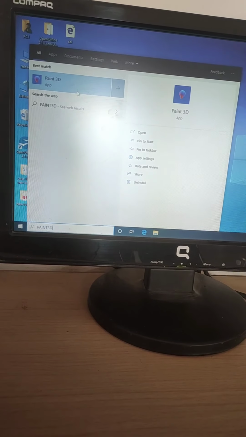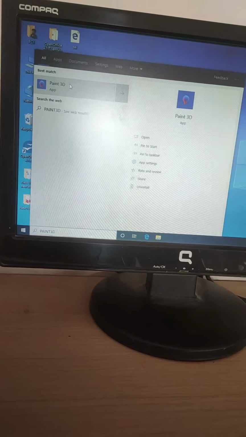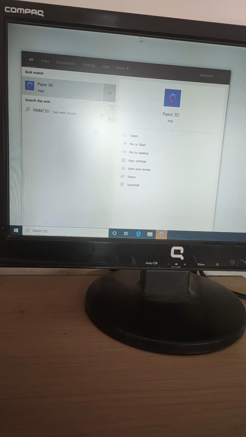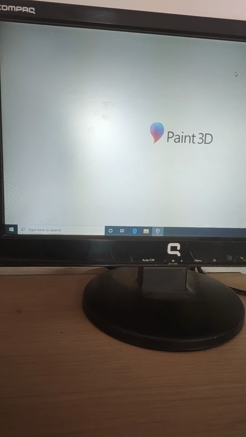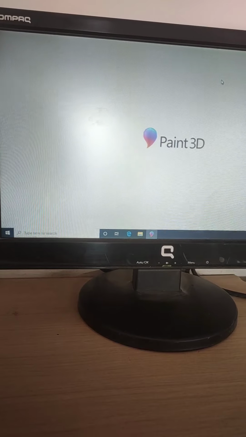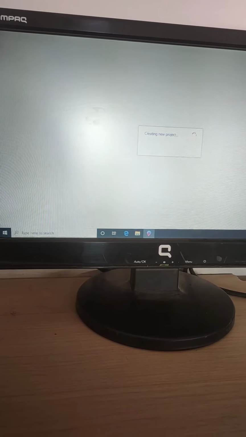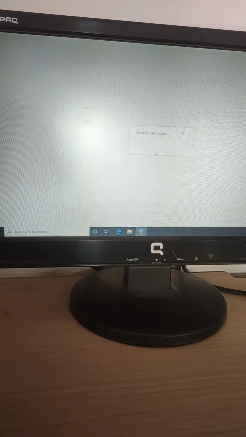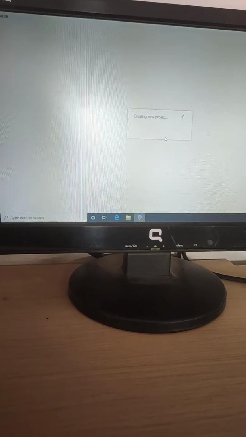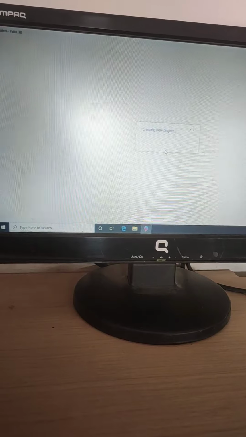Click on this icon. Now see, Paint 3D is opening. Now it is creating a new project by default. Otherwise, if it does not create, then you have to select the new option to open a new project.